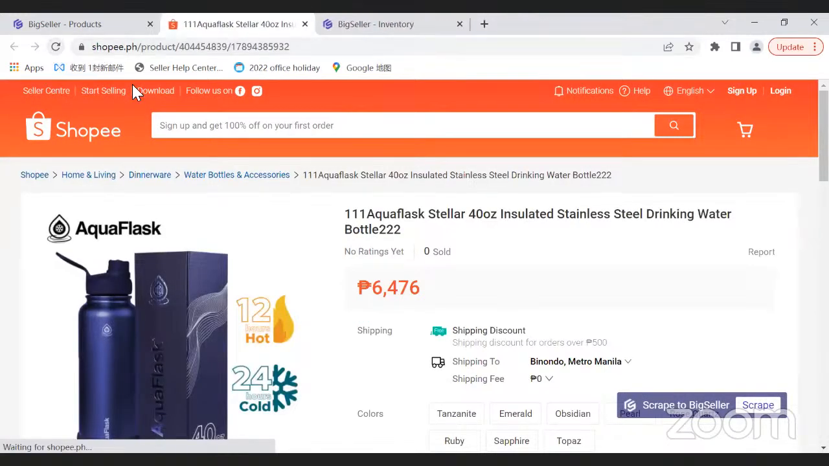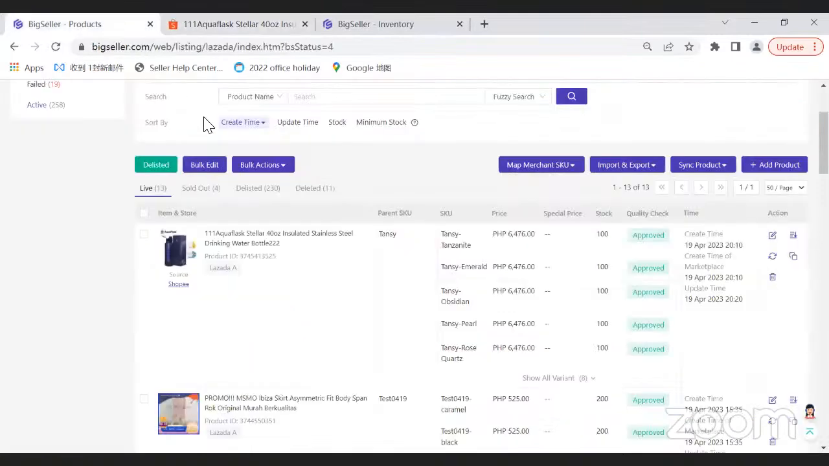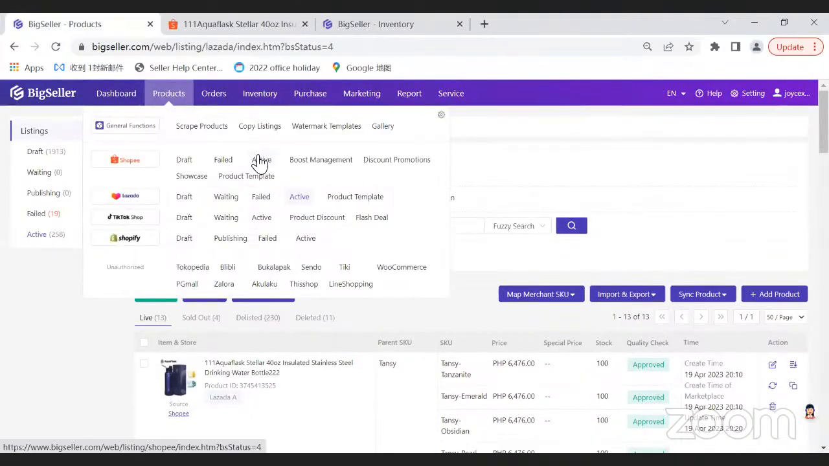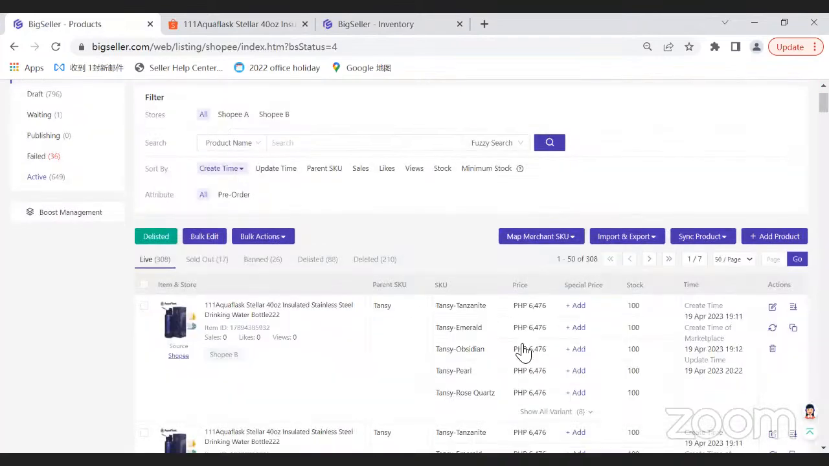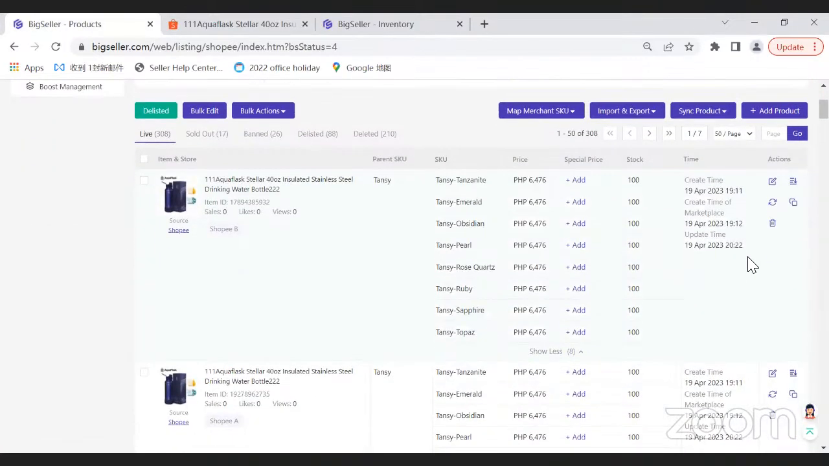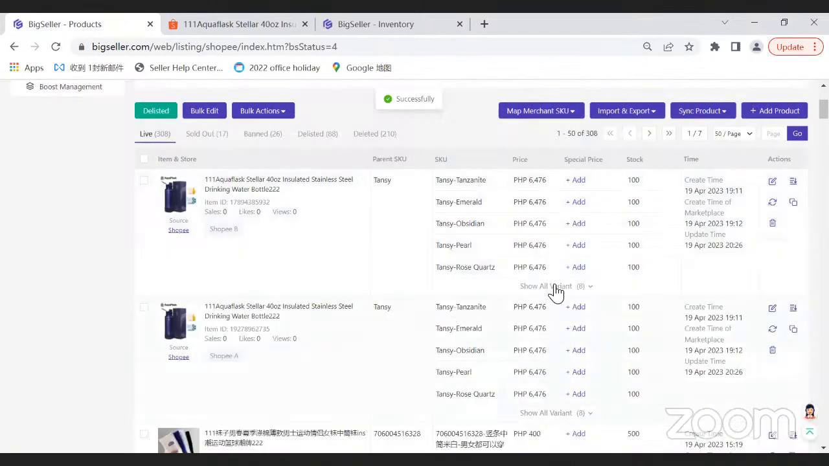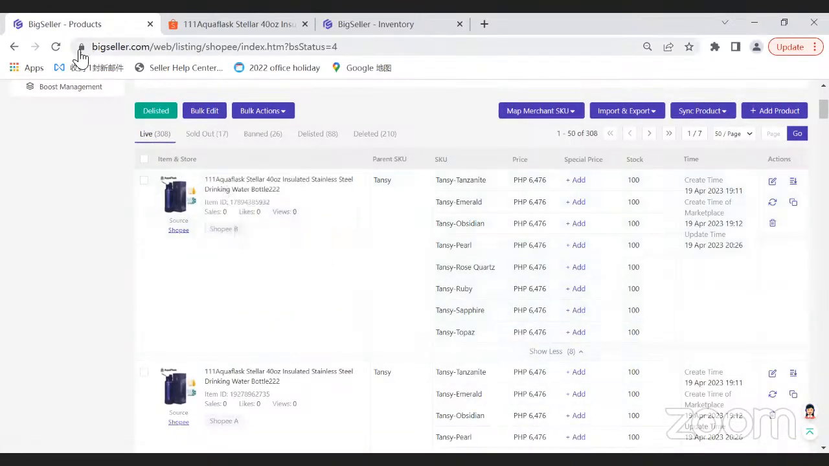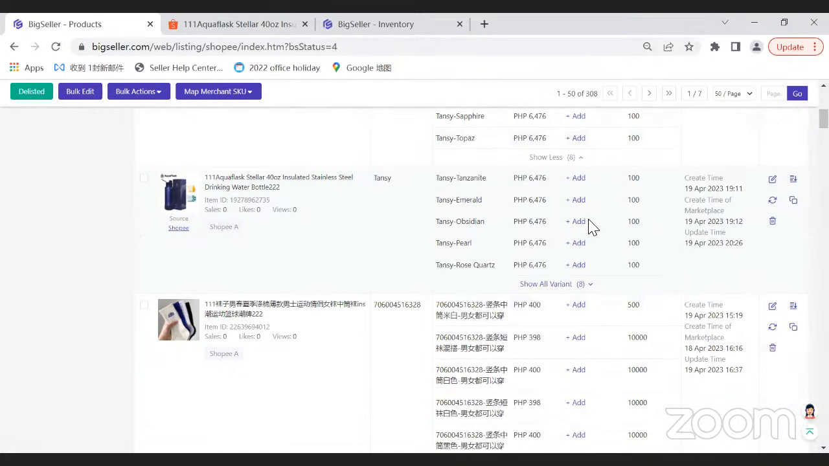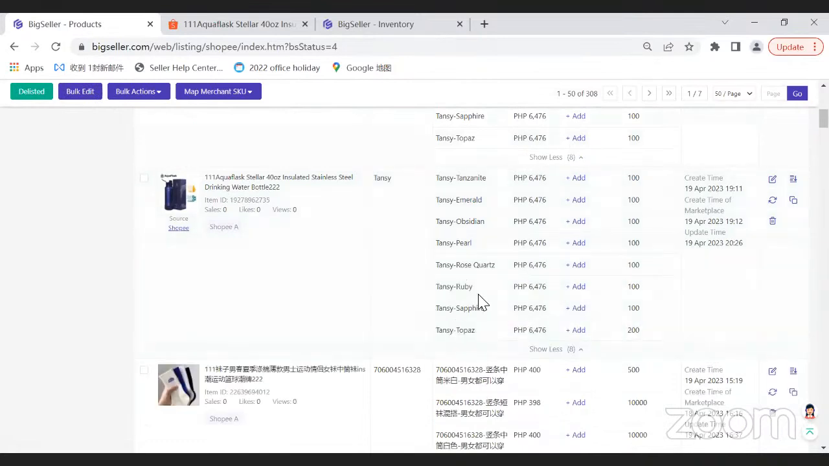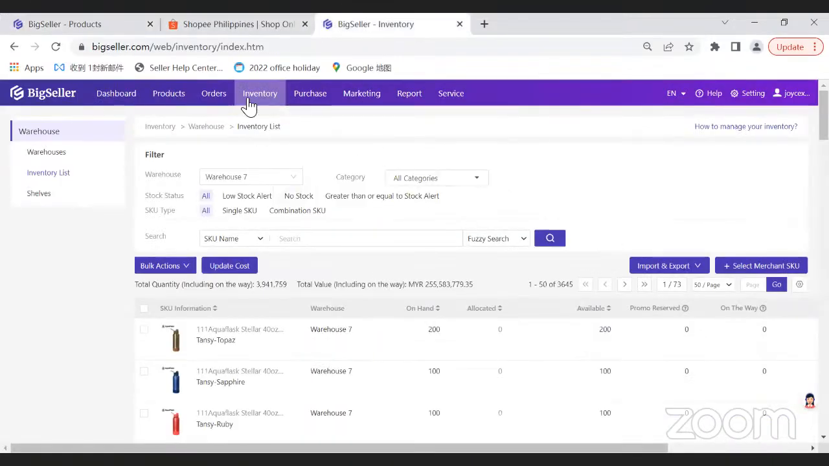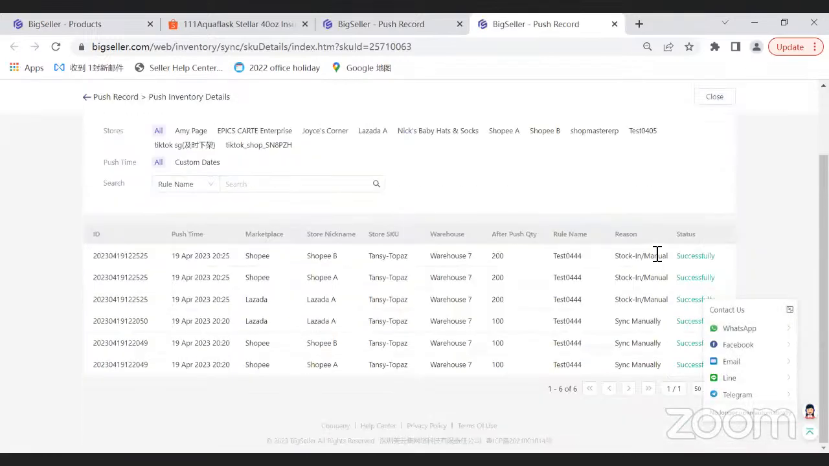Yeah, but we can check it later. Actually, in our product listing here, you can check that the stock has been pushed to your online shop. Okay, give me 1 second. This one. Okay, in the push record, let me check first. I think successful, right? All successful